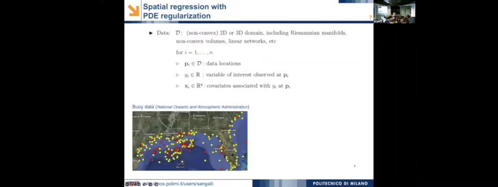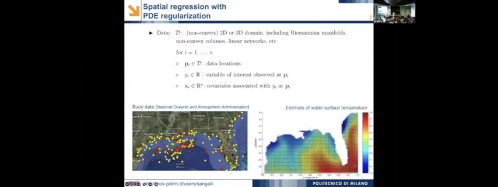covariates, xi. And just to fix ideas, let us consider this buoy, where the yellow and red markers are locations of buoys that carry devices that take measurements of oceanographic and atmospheric quantities, such as salinity of water, water temperature, concentration of various nutrients, temperature and humidity of air a few meters above sea level, wind speed, wind direction, and so on. And starting from the values observed in these locations, we would like to estimate a map of the variable of interest, say water surface temperature, meanwhile accounting for and exploring the relationship with the area